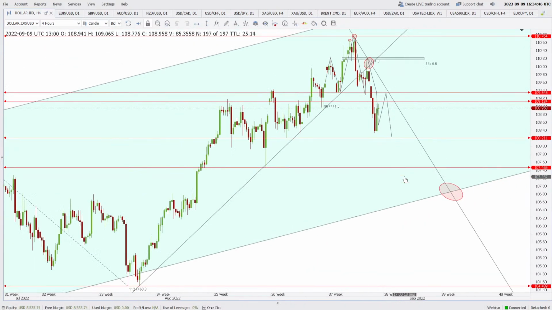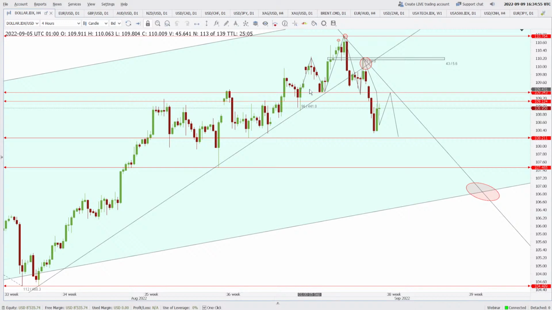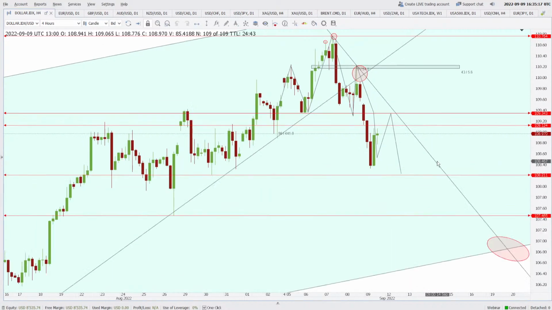This may be a long awaited reversal for the US dollar index, but the problem here is that on the way up, 109.34 was a crucial level. It is broken now. It has already made a lower low, and now we are expecting a lower high. If this lower high does not form and the price eventually breaks higher than 110.76, then this area here will become your new swing low. All right, you got it right.